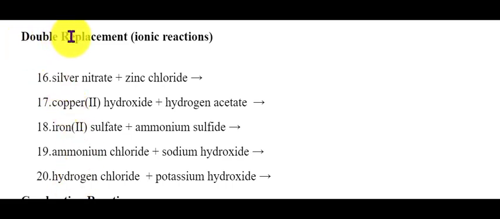All right, so double replacement reactions. These are all ionic. So let's look at the first one, silver nitrate and zinc chloride. In a double replacement, the cations switch places with each other to have new anions. So if they react, it's going to be zinc nitrate